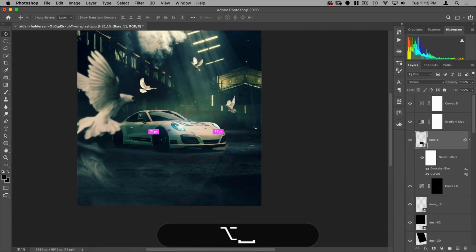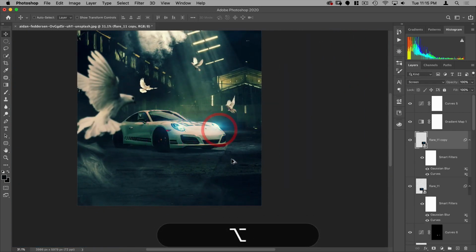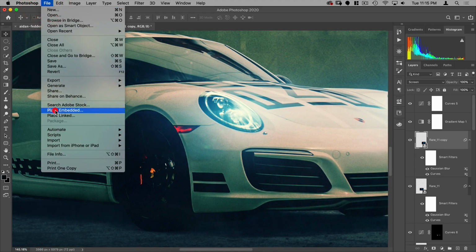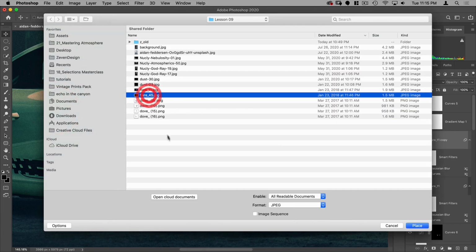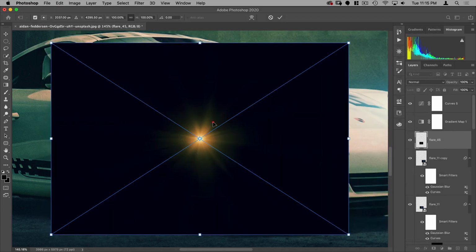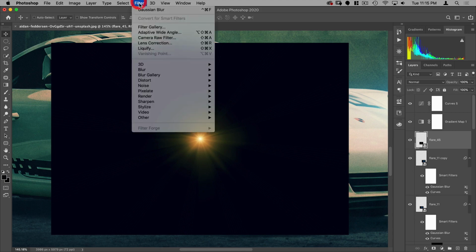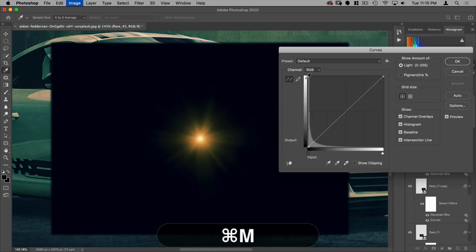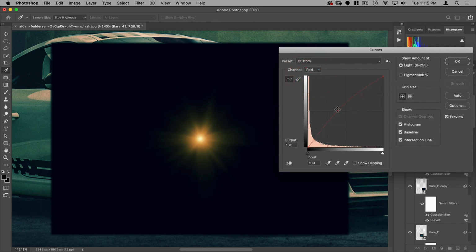All right, and then hold down Option, copy this over to the other light. And then we have this little light here, which I'm also going to add a little flare to. So let's go Place Embedded. See another flare here, Flare 45. We're going to add the same Gaussian blur to that. And with a curve, we're going to make this a little more red.